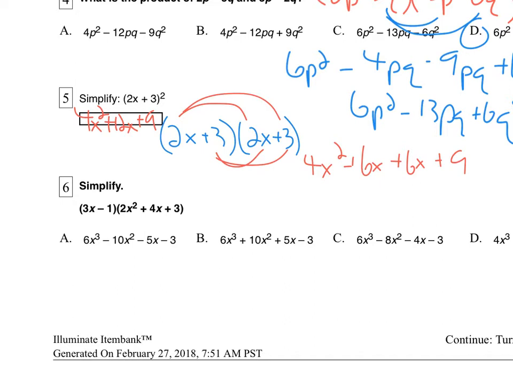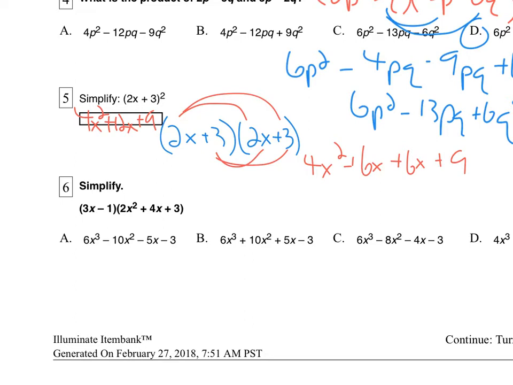Okay, so don't forget to distribute. You see a binomial squared, write that out as two binomials, so it helps you remember to distribute. Alright, number 6, we're going to simplify. It's the same idea. You're going to distribute, and we just have an extra term because we have a binomial